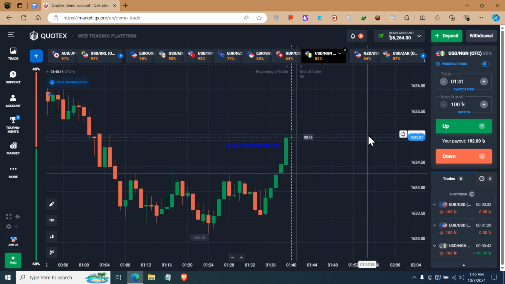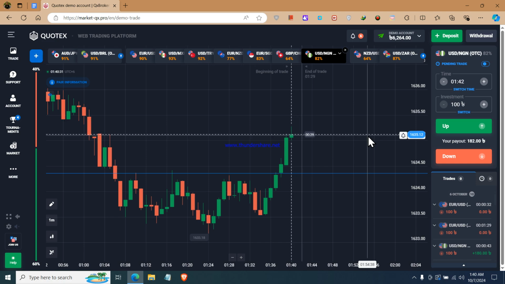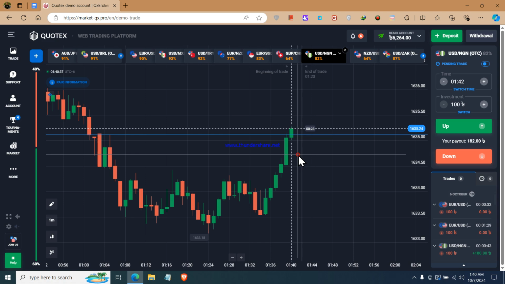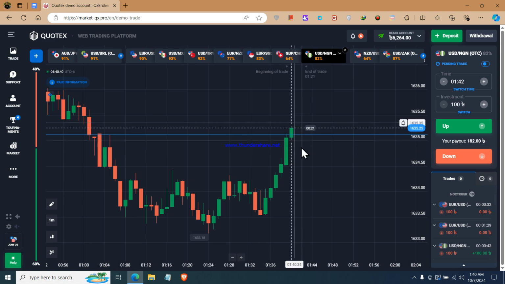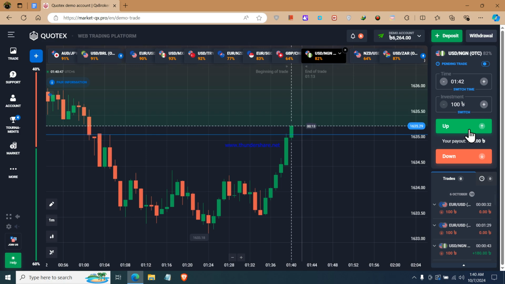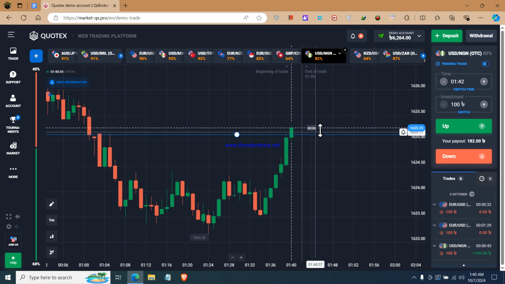Okay, let's see if the sellers can come strongly or not. Let's see the reaction, and we can see that sellers are entering but buyers are recovering at the moment, right? Okay, we can see the sellers' entry, a strong sellers' entry, and sellers are not able to take the candle below this point. Buyers are strongly recovering. That means the next candle also can become a green candle because they are breaking the lower high point, and we can see the sellers are not pushing hard enough.